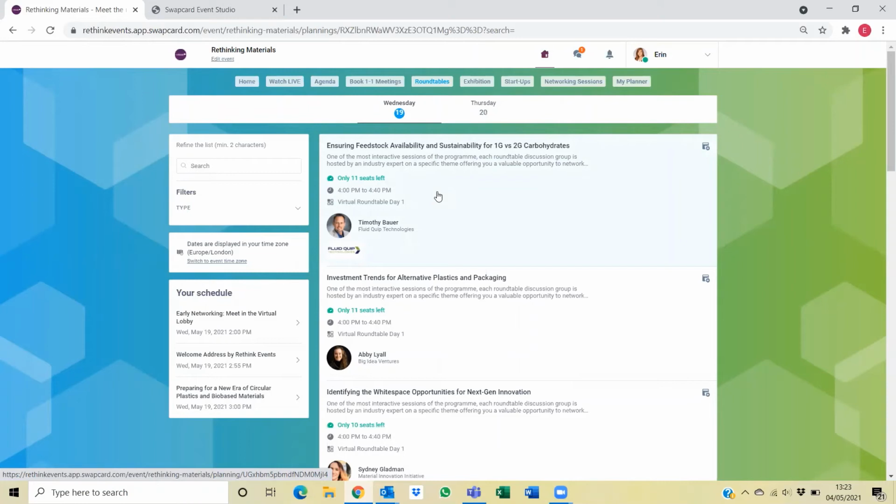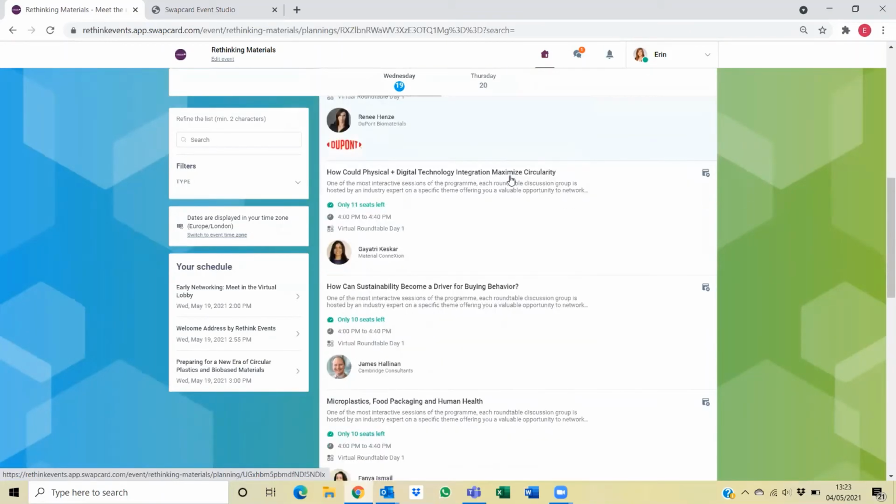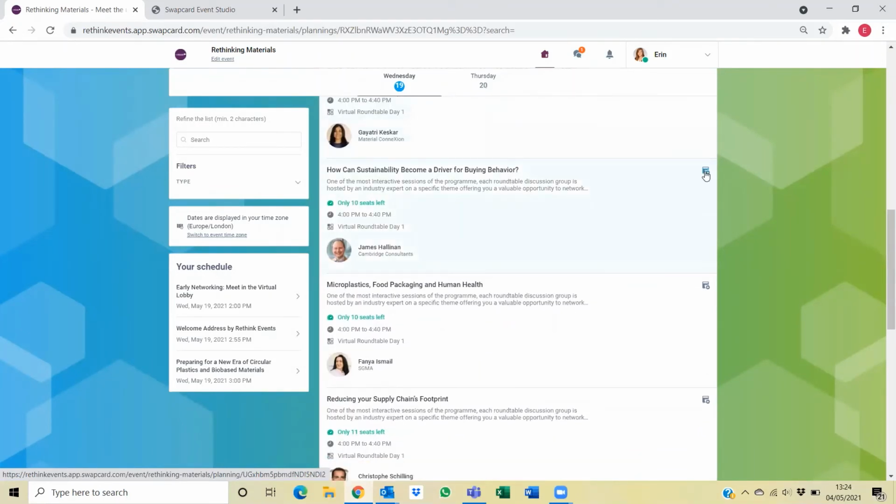Each roundtable discussion group is based on a specific theme, offering a valuable opportunity to brainstorm solutions, share ideas with peers on shared areas of interest, and network. On this page, you will see a list of all of the roundtables, the times, the topics, and the host. To register for your selected roundtable, just add the session to your agenda, and it will appear in your schedule